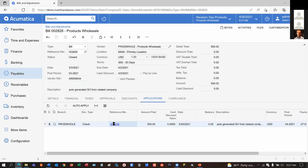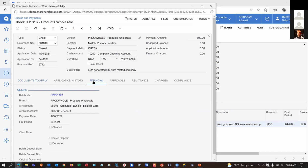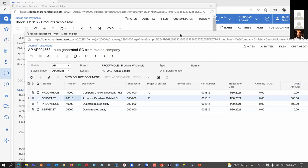Okay, so I'm going to highlight this part next. On the check itself, if we visit the financial tab where we understand which branch of the business paid down this liability, and we click on the underlying GL batch from the AP module, we'll see that the checking account was credited and the payable liability was reduced. And then meanwhile, Acumatica quietly built a due to, due from pair. So we have an auto-eliminating journal entry that Acumatica builds because we told it to,